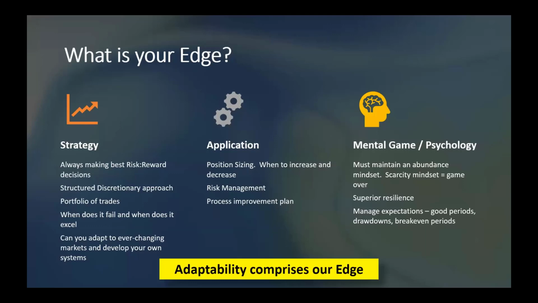Take a minute to talk about edge. When we talk about trading edge, most people confine that concept to just whether or not their trade has positive expectancy. And that's really an incomplete thought about edge, right? So your strategy, your trade obviously has to have positive expectancy, but you have to have the application component and you have to have the proper middle game. Those three things together create our edge, and it allows us to have the adaptability as markets change.